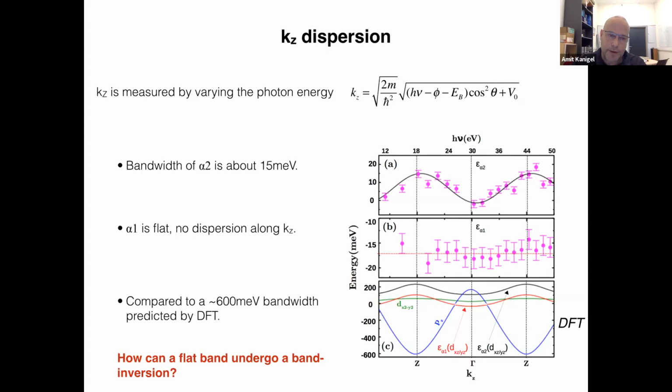So in principle, this flat band is exactly the band that is supposed to undergo this band inversion. So this raises the question of how you can get a band inversion along kz in a band which is completely flat along kz. So to try to understand these features, both the flat band and the fact that experimentally it seems that indeed there is a band inversion,